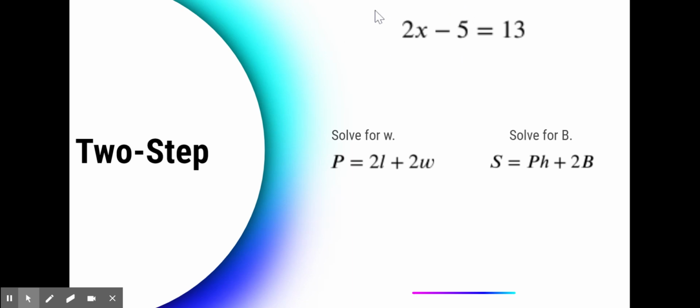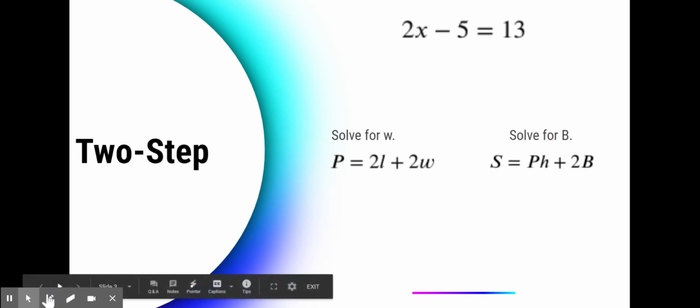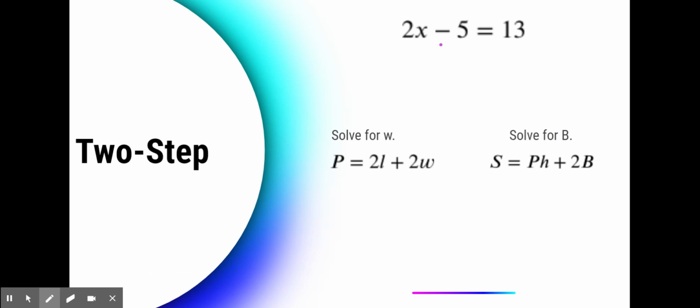Okay, so let's go back to 7th grade and look at a two-step equation. 2x minus 5 equals 13. So we all know that we would first add 5 to both sides. And that would give us 2x equals 18. Then we would divide both sides by 2. And we would get x is 9. Okay? Same idea that we're going to do with